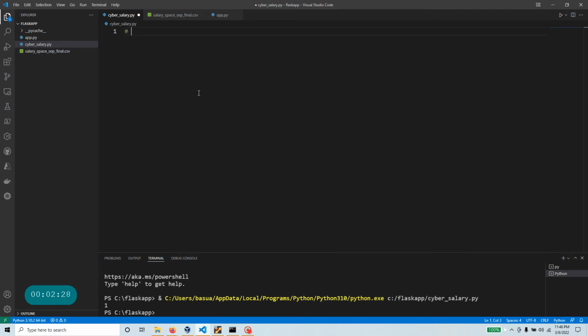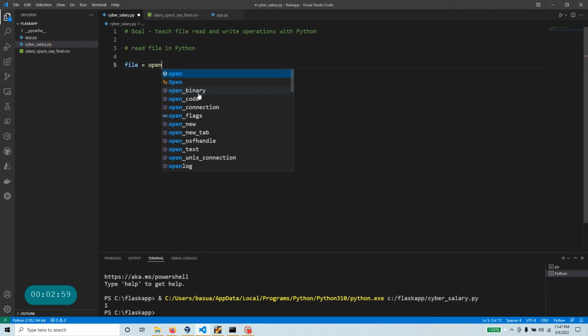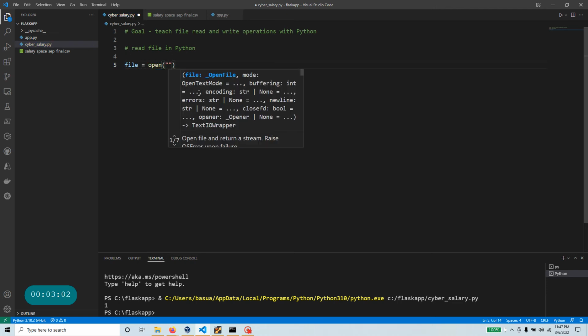So our real goal is to teach file read and write operations with Python. Okay, so let's start our goal. So first, how do you read a file in Python? Okay, so the most basic way you can start with is you can say file is open, and then you can provide the name of the file. So here in this case, the salary space